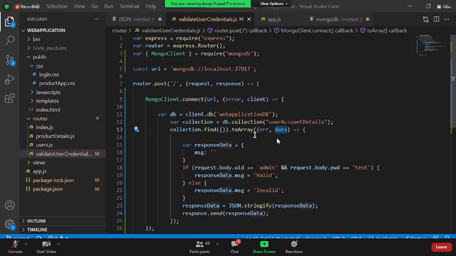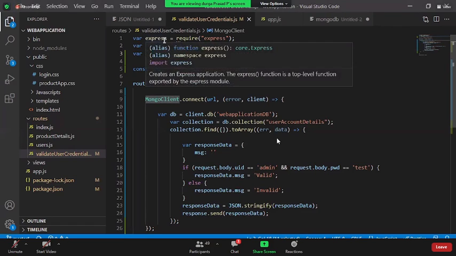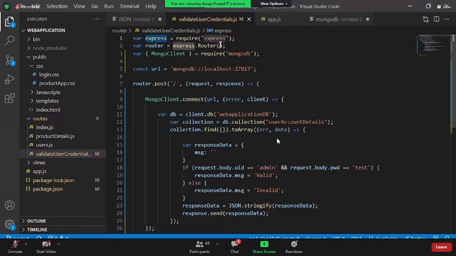Any other questions? Sir, you explain line number 3. Line number 3. From the existing MongoDB, there is an existing class called MongoClient. You simply take a reference of it. Now we are doing the same, right? Var express equal to require express. In the same way, var MongoClient, because I want to treat it as an object, I just simply put it in curly braces. That's it. Am I clear? Yes, sir.